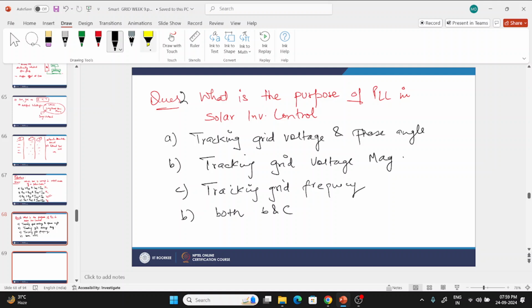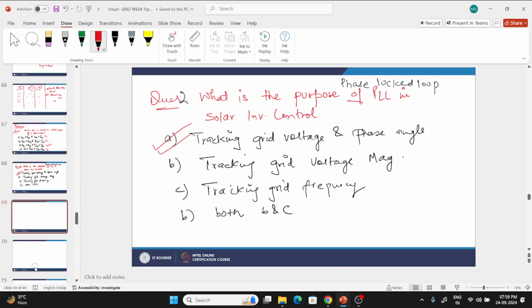So PLL क्या है, फेज्ड लॉक्ड लूप। इसका काम क्या होता है, वोल्टेज और फेज एंगल को ट्रैक करना। सिंपल है, कोई इसके अंदर ऑप्शन है ही नहीं, ठीक है। वोल्टेज मैग्नीट्यूड एंड फेज एंगल को ट्रैक करना। तो फर्स्ट इज द करेक्ट आंसर।